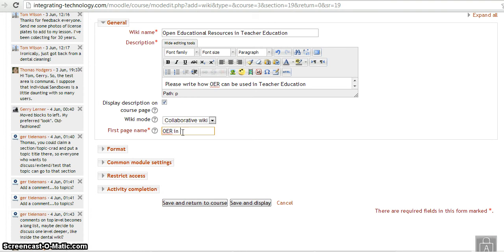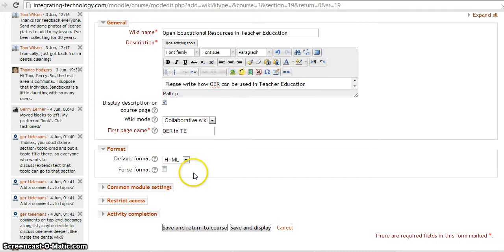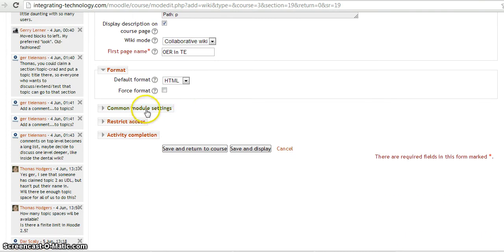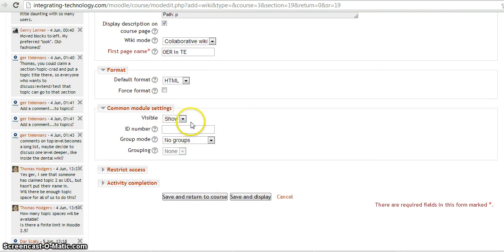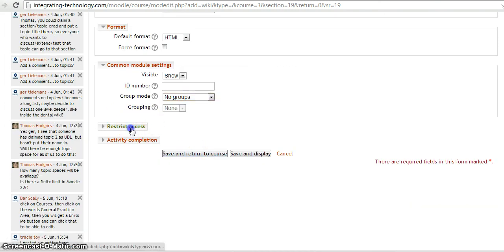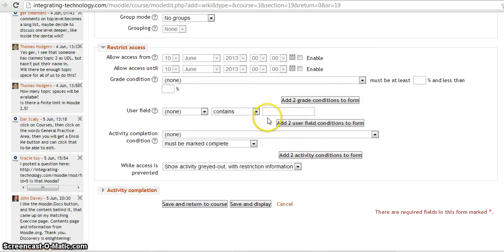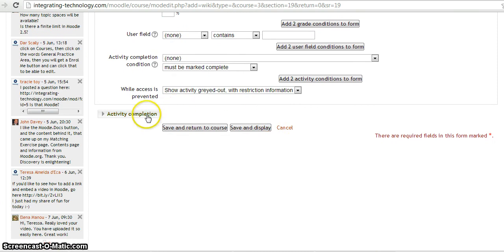OER in teacher education. Now coming on to format, that will be HTML, the most common one. And the common module settings: visible, I want to show; no groups have to be formed. Restrict access, this I don't want to enable.